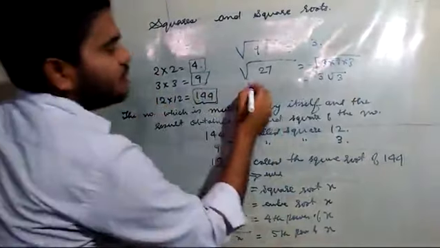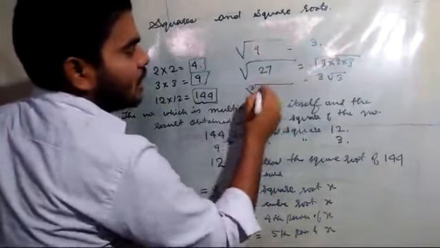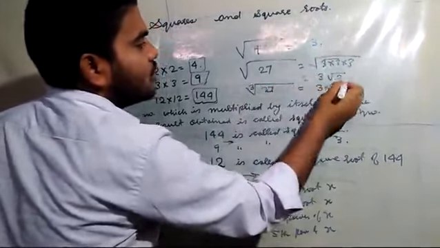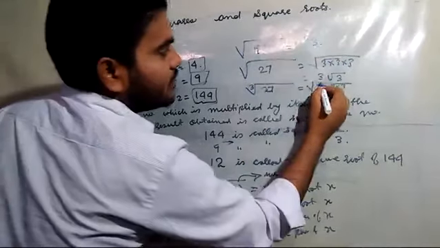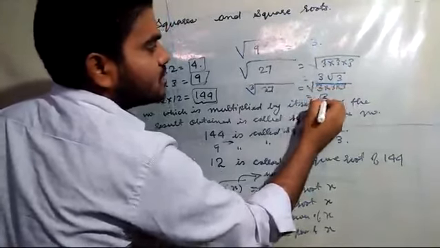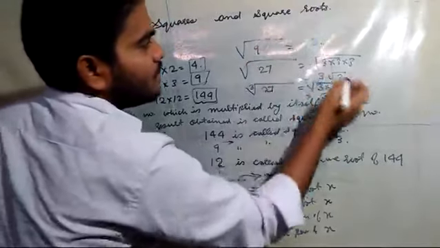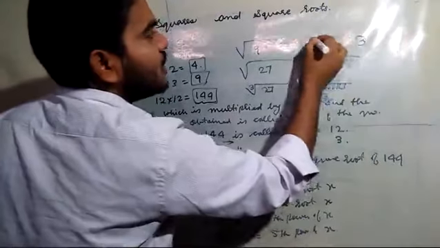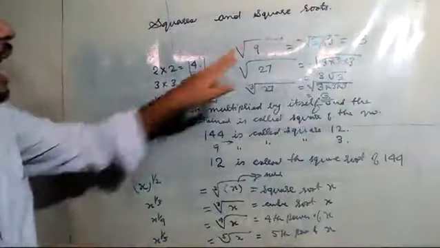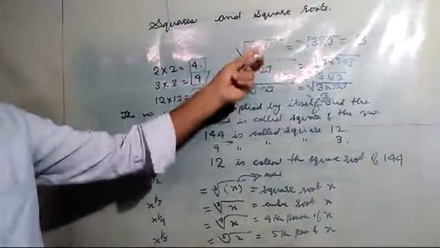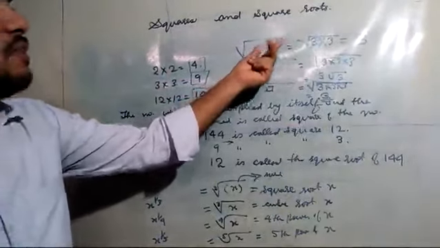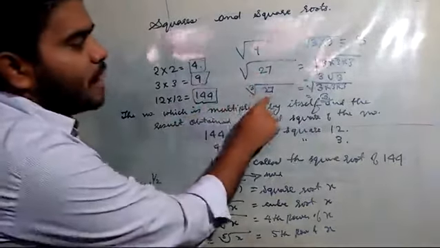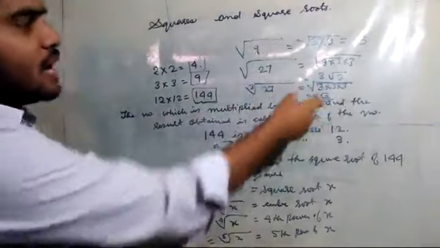But if it is given like third power or cube root of 27, then what we will do, 3 into 3 into 3. Because of this 3, we will make a group of 3 numbers, so the answer will be 3 here. Here we make a group of 2, that is why we get 3. If we are having a group of 2, we can factorize this into groups of 2, then we will be taking out one number. If we are having a group of 3, here it is written 3, then we have to make a group of 3 of that factorization, and then we will take out.